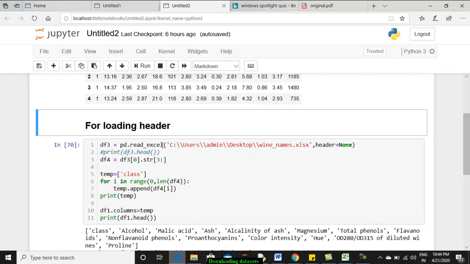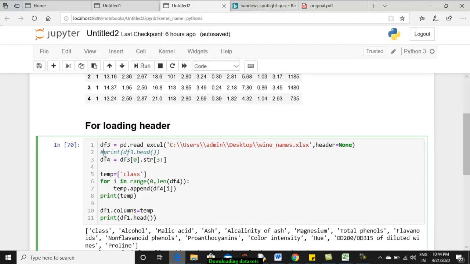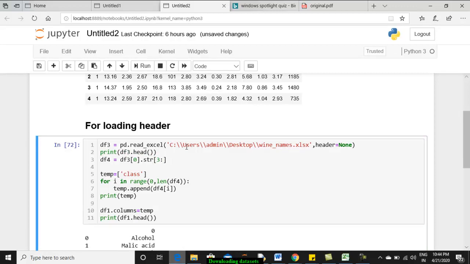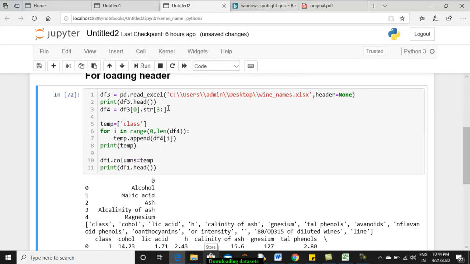In order to read an Excel file, you have to use the command read_excel. I'm storing it on the desktop. This also doesn't have a header, and hence header is equal to None. So you can execute this. I'll execute and show you what this print command gives us. You can see all the values that are stored there getting printed.